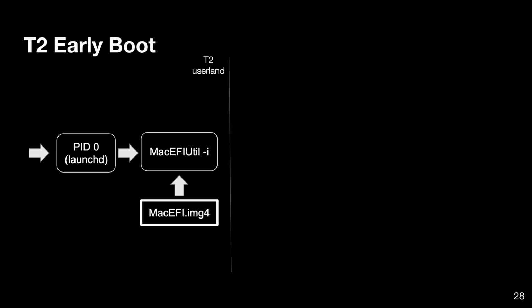Mac EFI util starts off by examining the device tree to validate that the platform is actually slave-attached flash capable. Then it grabs a signed IMG4 binary off of the T2 file system, which contains the UEFI firmware, and loads it into a memory buffer. This memory buffer then gets marshaled to the T2 kernel, where the Mac EFI Manager kernel extension takes over the